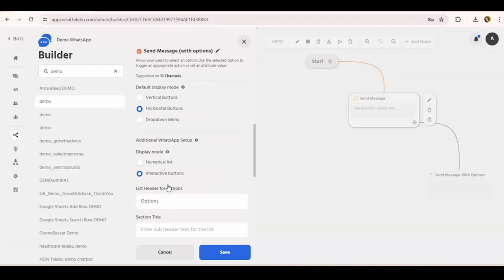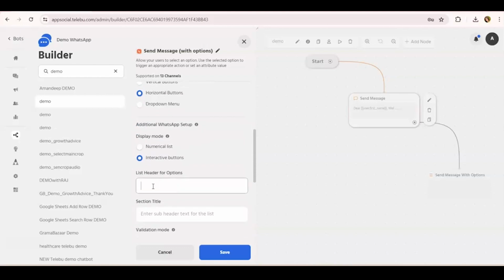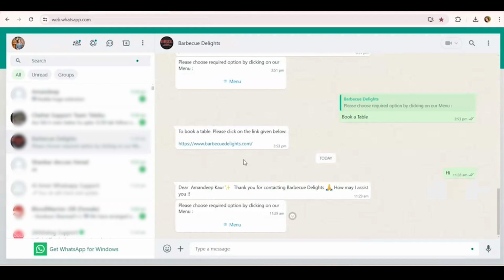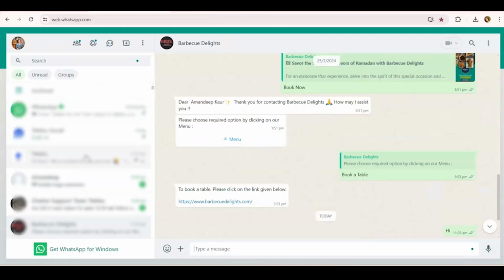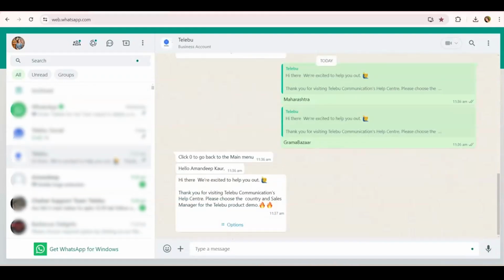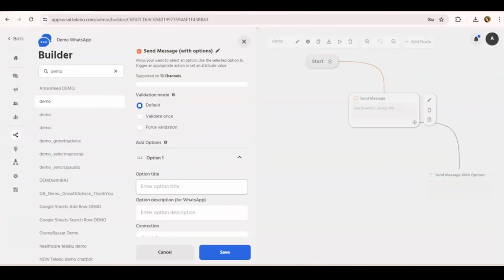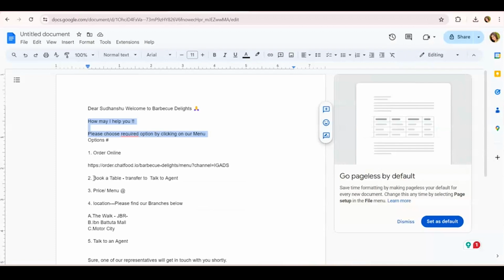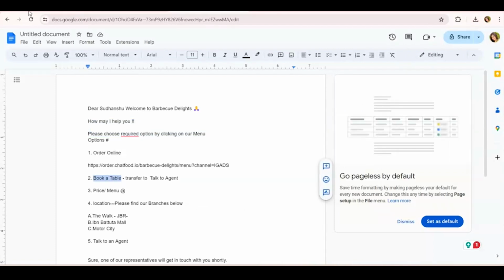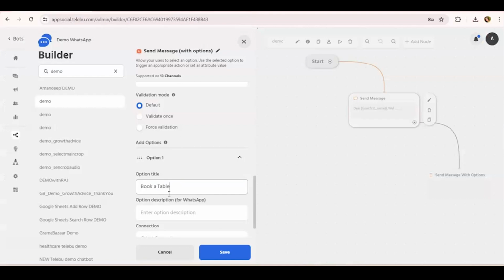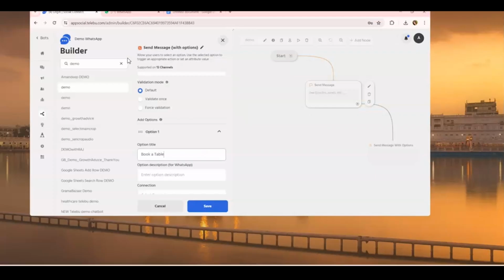Then we will give an option. Now in option, you can see, if you want to write option, menu, whatever is feasible for you. For example, we have given menu over here. We can also give options over here. Okay. So whatever you set in the backend will come on the thing. Now we can add the message. Now one is book your table. The first option that will come is book your table.